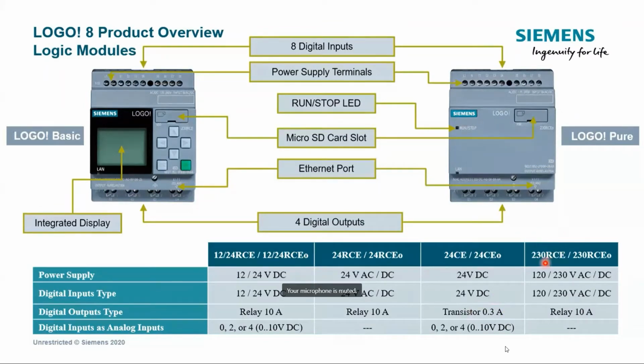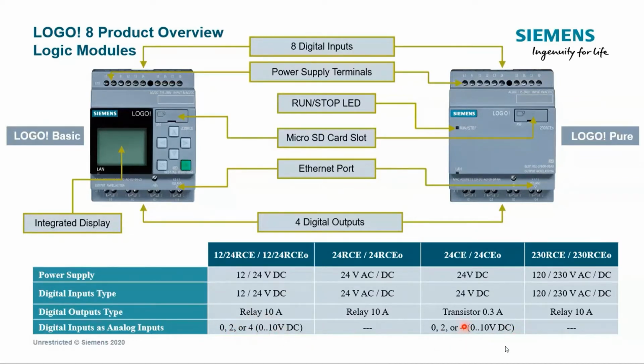The last one is the 230 RCE. So this one also offers direct connection to the power supply from anywhere. Yeah, so from the 120 to 230 volt AC or DC as well. You can power it on and you can connect your inputs, and the outputs are relay type with maximum 10 amp load. Now these are the different types, and we have one last point to highlight here, that